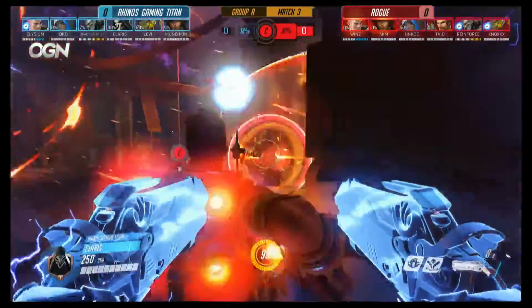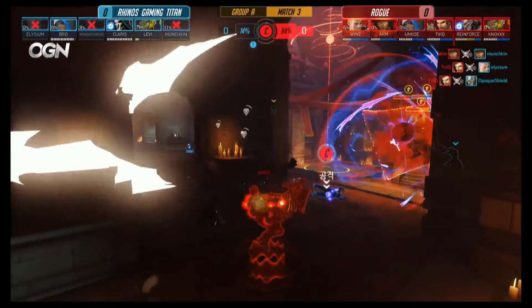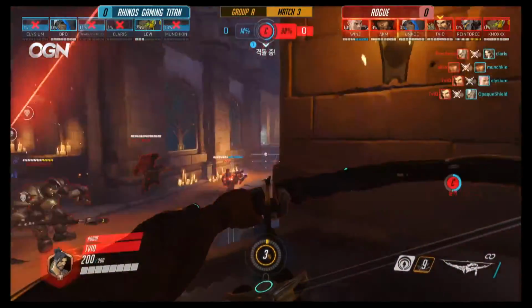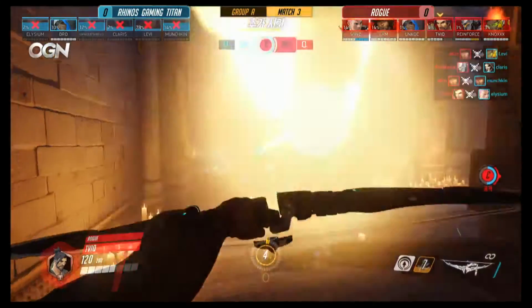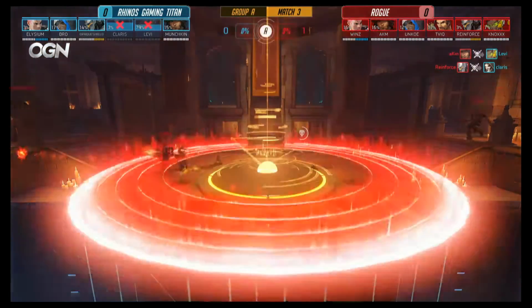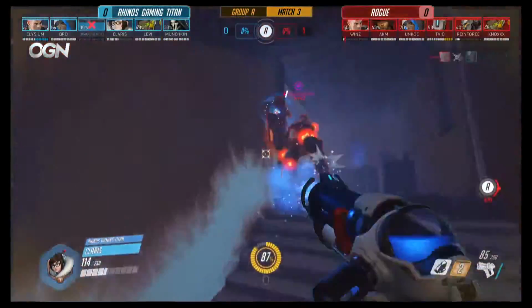Yeah, here we go. They've got the Graviton Surge again. Nano Boost used on Claris as he tries to make some progress. Needs to pop that Wraith form as they use the Dragon Hole, of course. Graviton Surge into the Dragon's Rage, and Rogue with another easy defense. Overtime activated by RG Titan, but it doesn't look like anything's going to come from it. Extremely good reaction from RG Titan, though, and they knew that they could be coming out with this Bastion yet